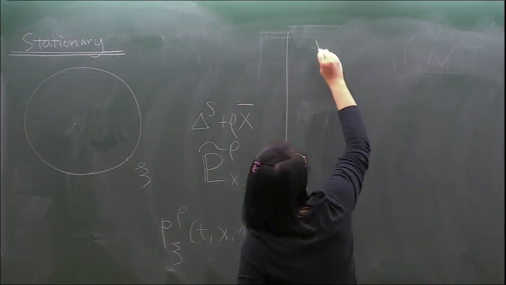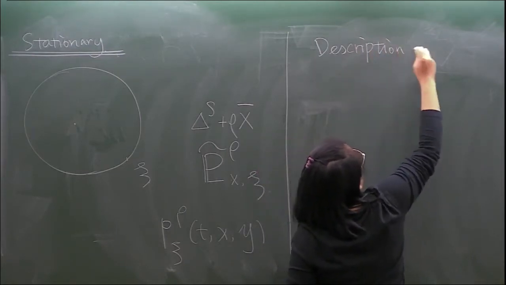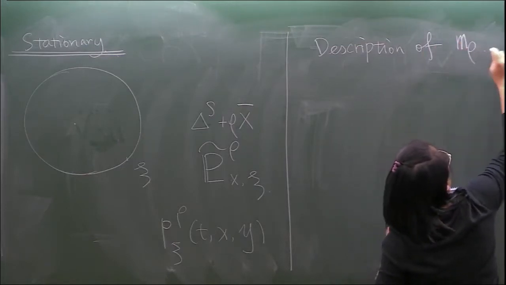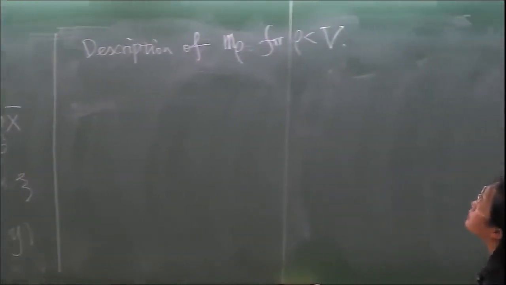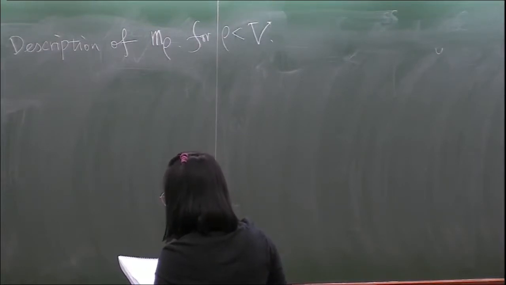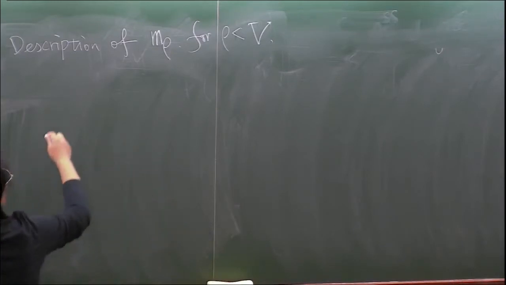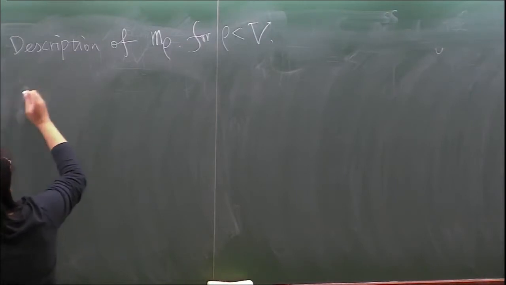So we want to describe this M rho for rho less than v. So what is that? Okay, now I can follow Peter a little bit, so it makes things easier. So we have notations like this. So we first,